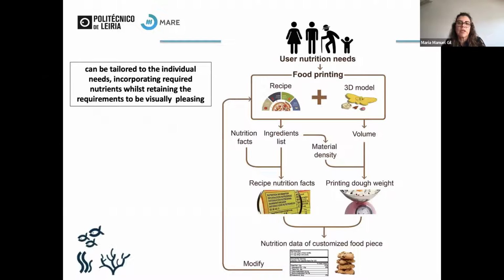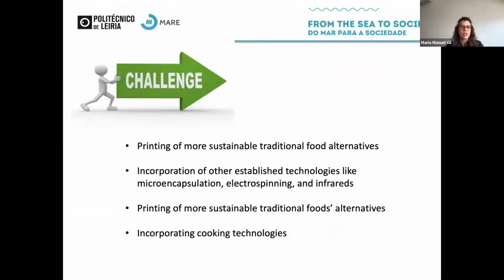But then we need to look in a different way and develop foods that can be tailored to the individual needs, incorporating required nutrients, while retaining the requirements to be visually pleasant and, of course, sensorially pleasurable. And we also can look at the aging population that have some difficulties to eat some specific foods. And of course, there's a lot of challenge. Despite the many recent advances in food printing technology, there's a lot of challenge, and that's why we still need to do some research and work on that, because